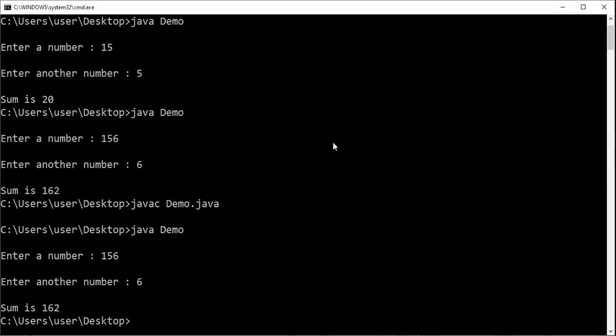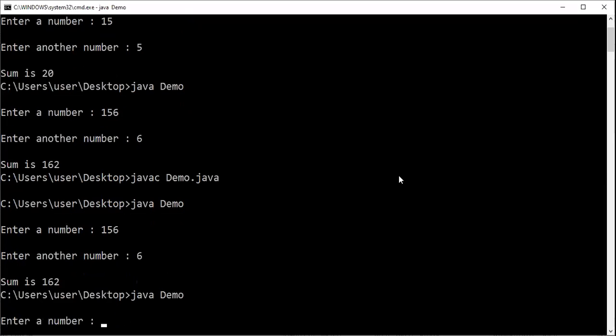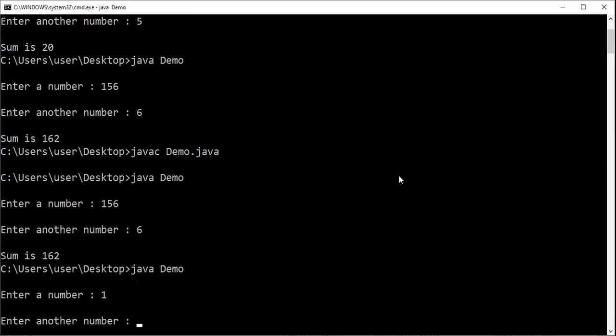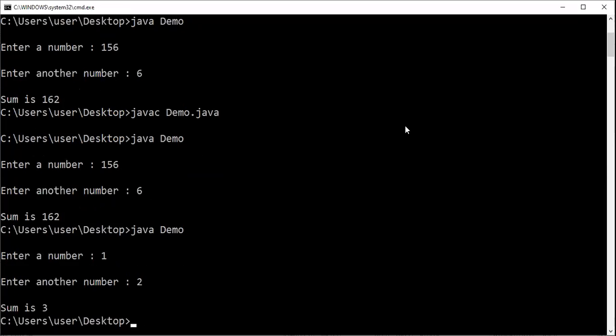I get the expected result. Any doubts so far? Let's try another execution. Let's say 1 and 2. So I get 3. If you have any doubts, you can ask. Okay, so I guess we have no doubts. So moving on.